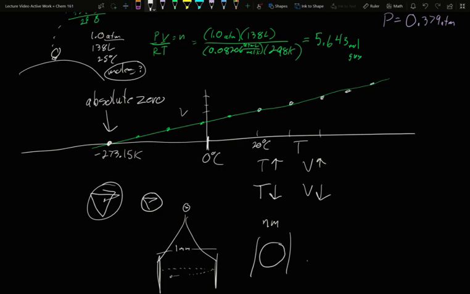Why this is so important is, if you double your volume, your pressure will be half. If you double the moles in a tank of gas, you'll double your pressure. If you double the moles in a balloon, you'll double your volume. They tend to be ratios of each other. This is true for temperature. If you double your temperature, you will double your pressure, or you will double your volume. But if we think about temperature for a second,